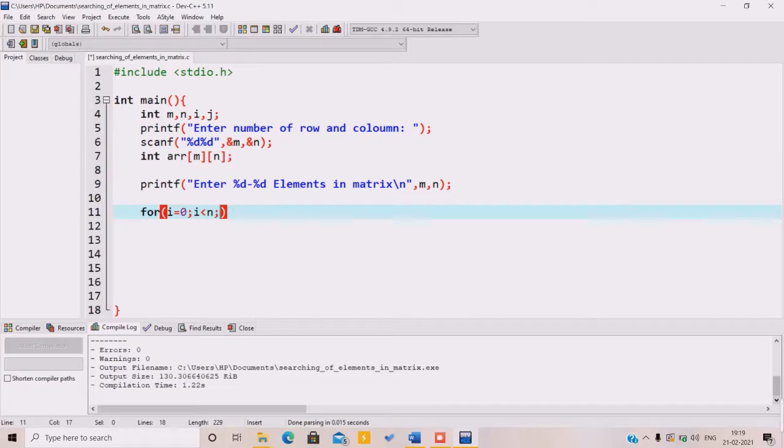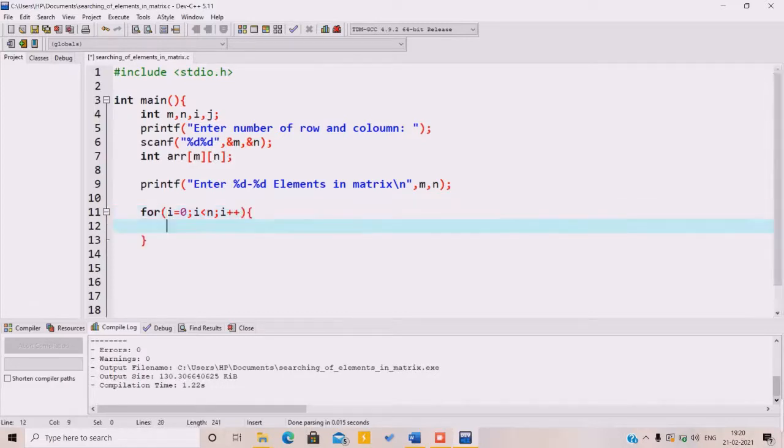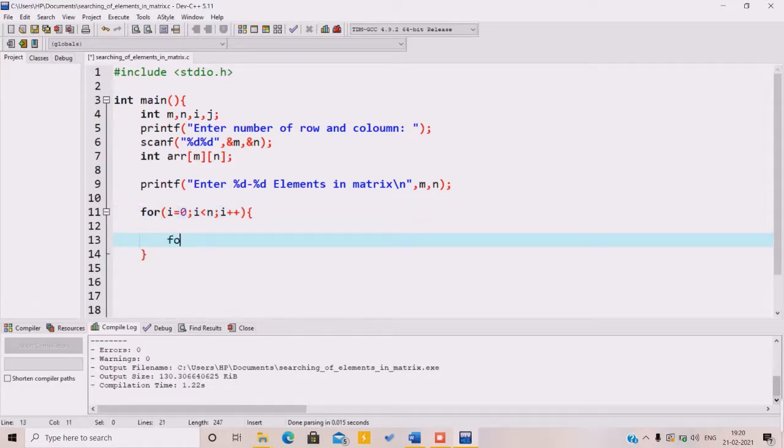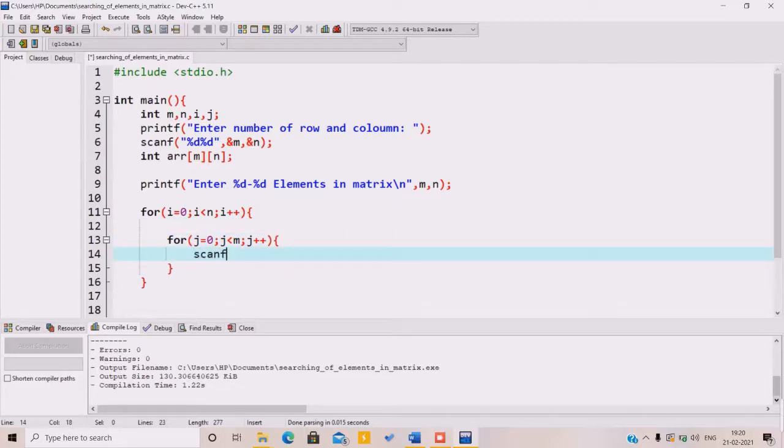There are m rows. So first is to take input from the user for the number of rows. First we write the code, then understand what is happening. So j is equal to 0, j less than n, j plus plus, and then every time we have to scan.